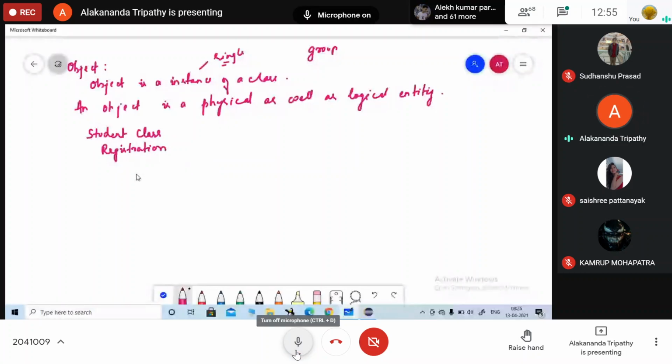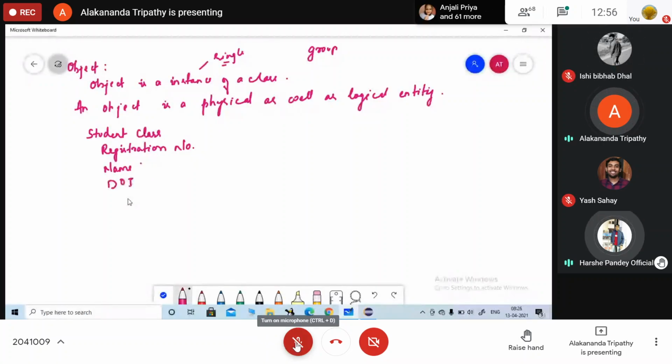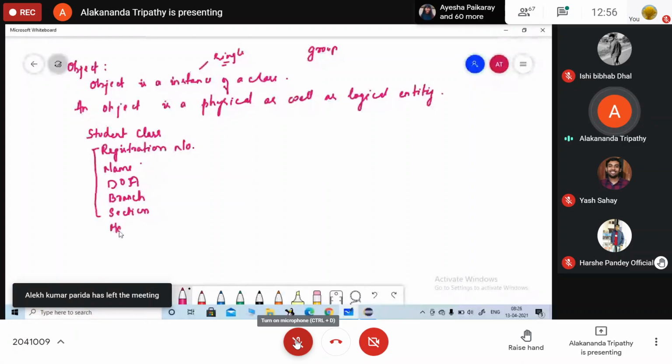Name, registration number, date of joining, on which year you have joined, date of admission, branch, and to which section you belong. We only need this much from students. And the most important one is your marks, isn't it? These are the basic properties of the student.